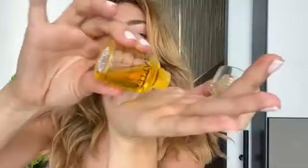I'm all done with makeup, and I didn't wash my hair last night or the day before. I like to wash my hair the least amount possible. I just like throw it up in a cap. So I'm gonna go in with my Kerastase dry shampoo, Olaplex bonding oil. So I'm gonna go in on the ends,